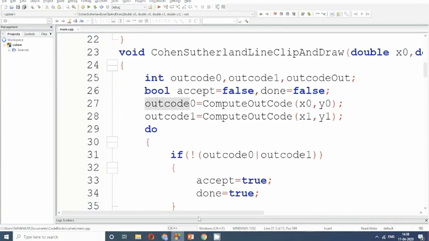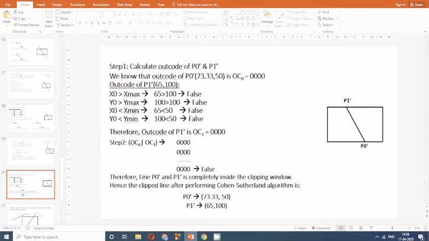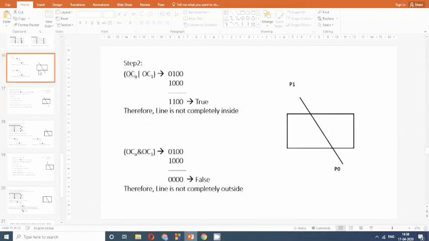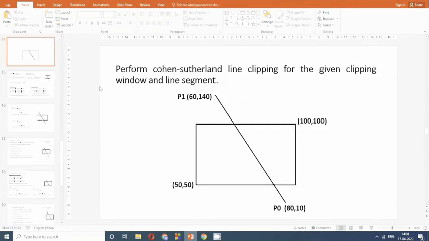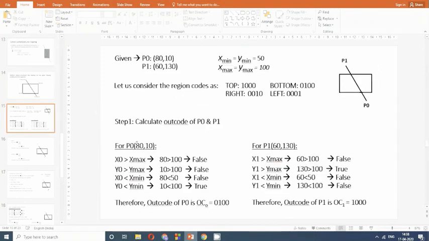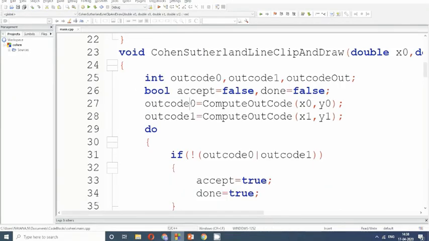So we have to compute our step 1. Step 1 is to calculate the outcode of P0 and P1. I have written a function called compute outcode and I pass the endpoint. That function will return the outcode of the point x0 and y0 and will store it in outcode 0.